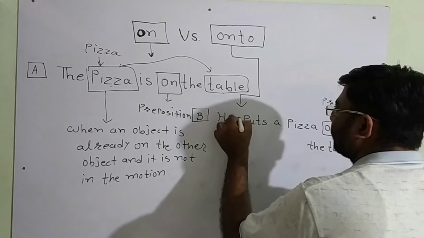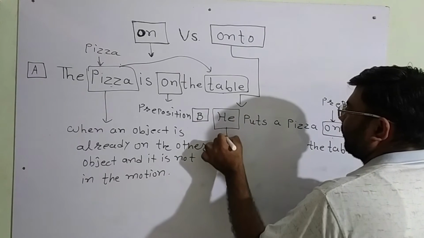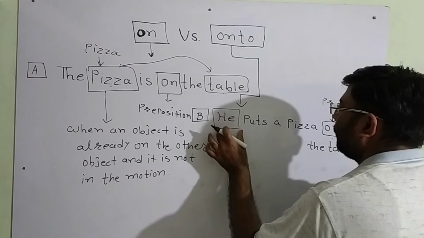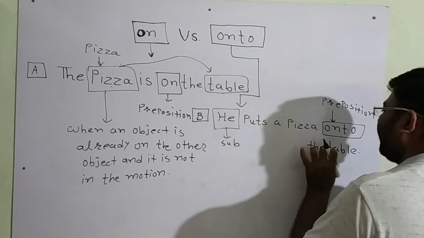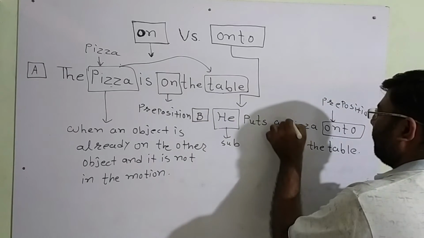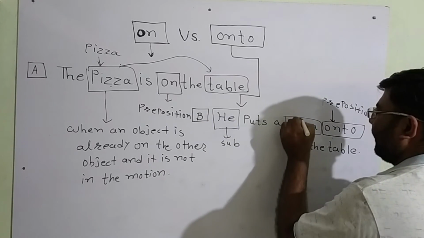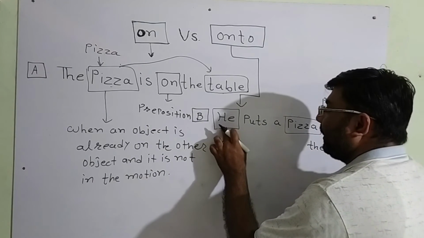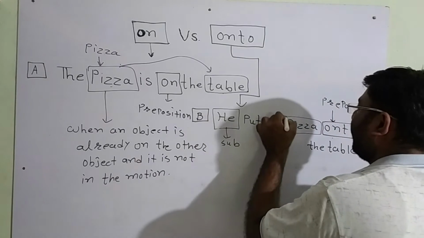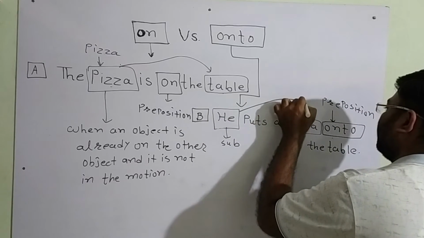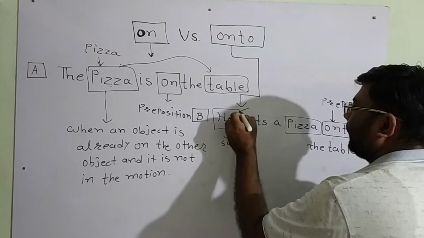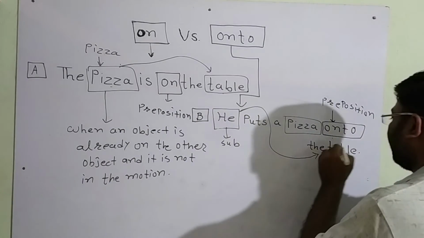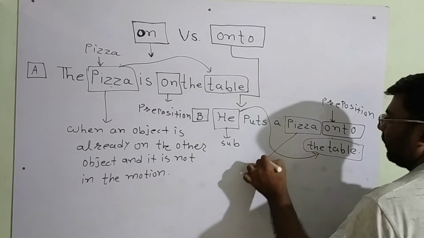Here he is the subject of the sentence and this subject does an action. What does he do? He puts the pizza on the table, which means the pizza is in motion. The pizza is in the hands of the subject he and it is in motion, and the subject is putting this pizza on another surface, on another table, which means when